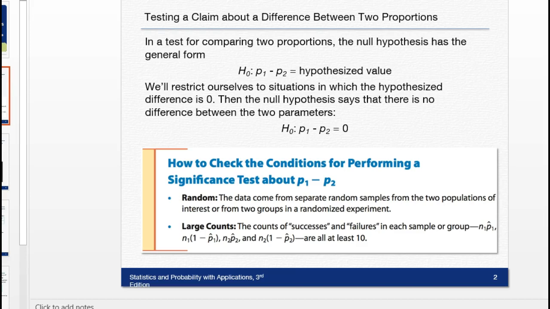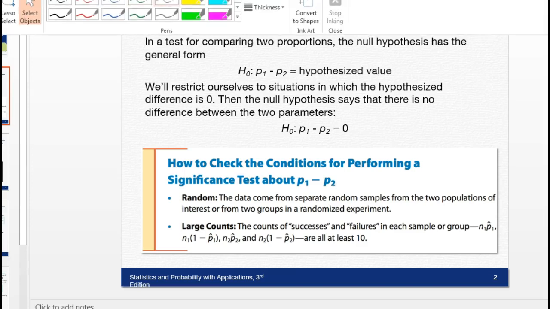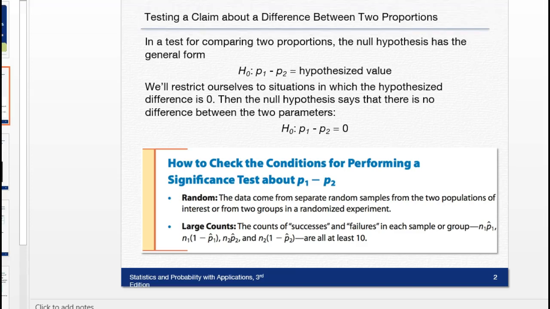So how do you check the conditions for performing a significance test for P1 minus P2? Still, it's random and large counts, so let's talk about this. Random: the data has to come from separate random samples from the two populations or from two groups in a randomized experiment. So you have to mention the separate random samples, two random samples from the two populations. You have to mention that